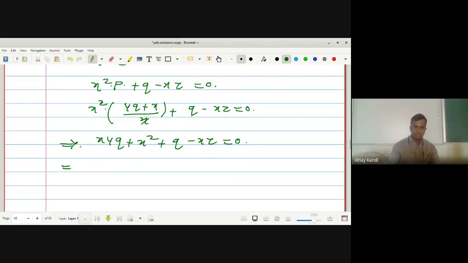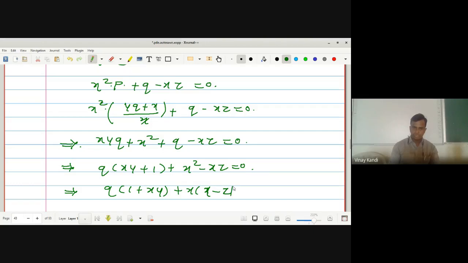Okay, which implies q taking common (xy plus 1) plus x square minus xz is equal to 0, which implies q into (1 plus xy), taking x common, (1 minus x minus z)